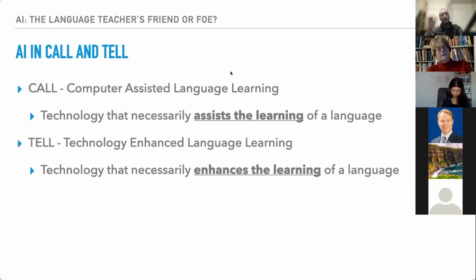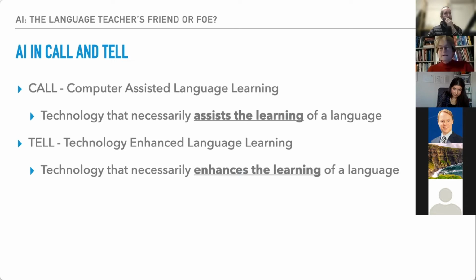Okay, so I suggest that in order to judge whether or not it will help to produce more efficient language learners and teachers, or negate the need to learn a language altogether, we can rely on some frameworks that already exist and that we're very familiar with. These have been around since the late 70s or early 80s. Computer-assisted language learning is the use of computers to assist the learning of a language. So it does what it says on the tin. Okay, the clue is in the name.